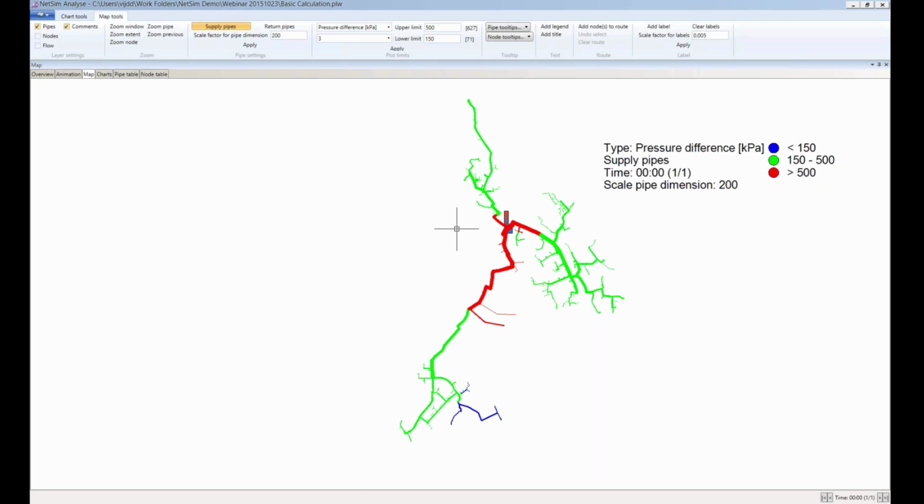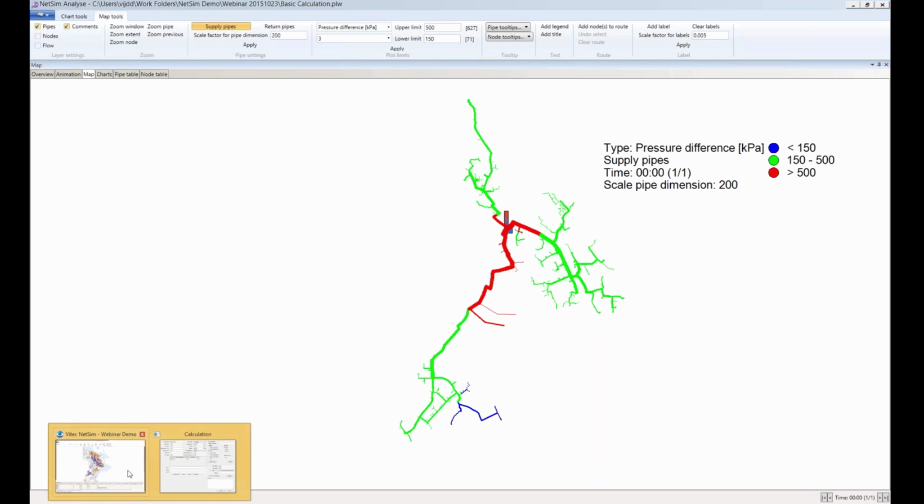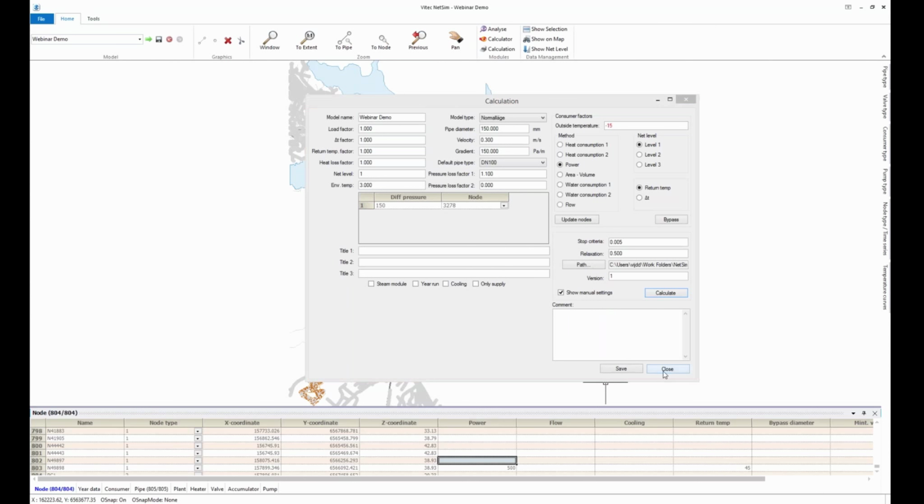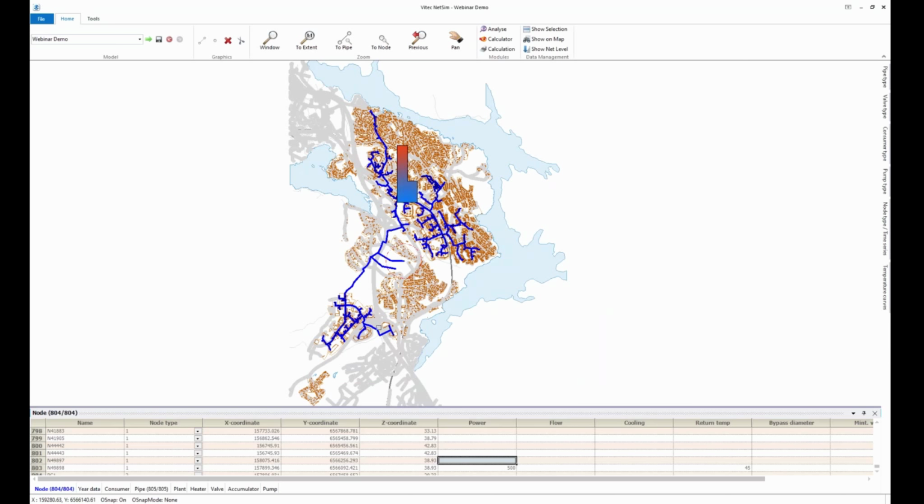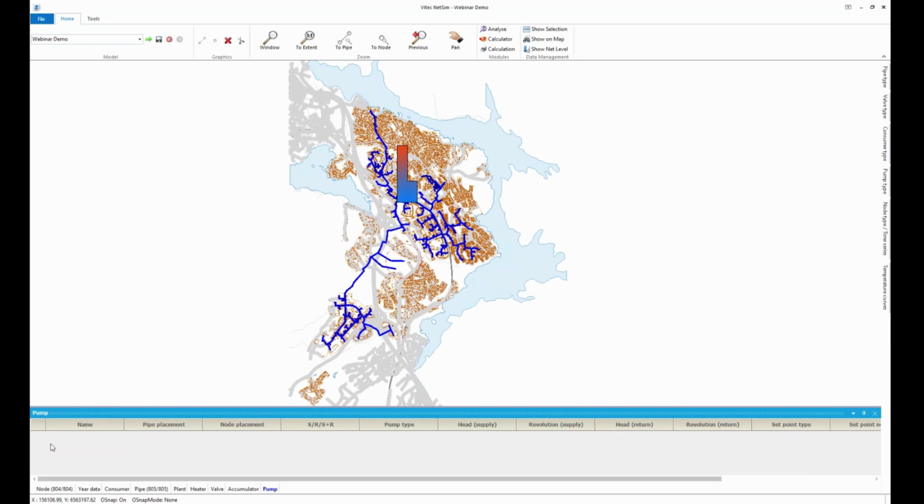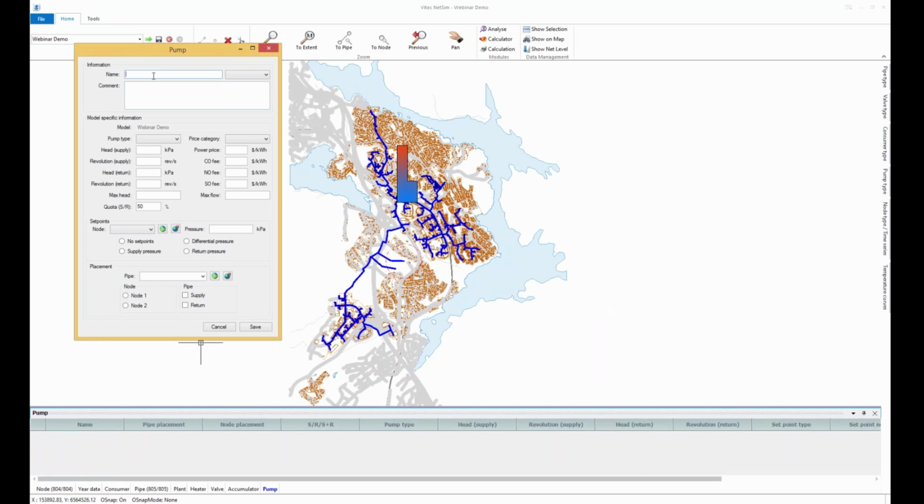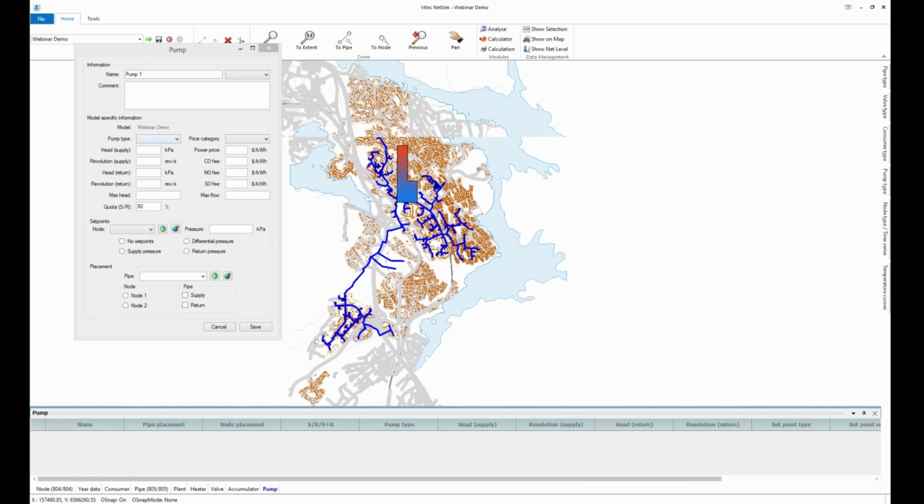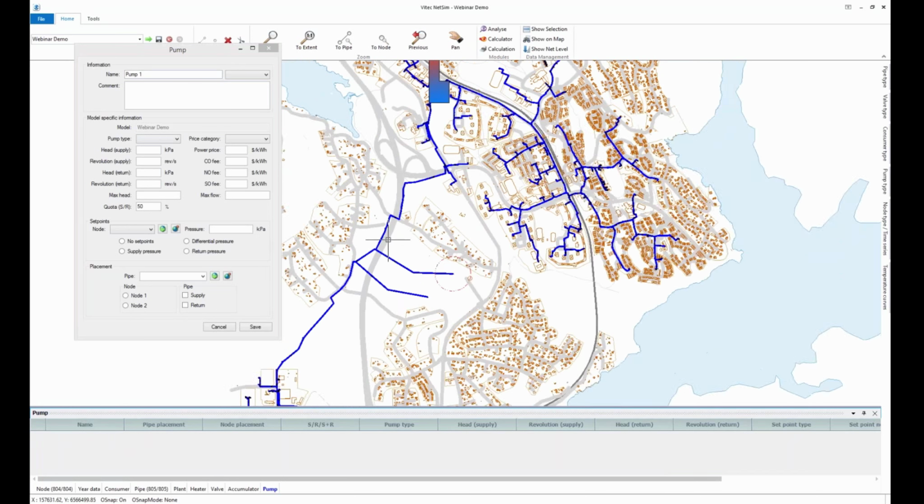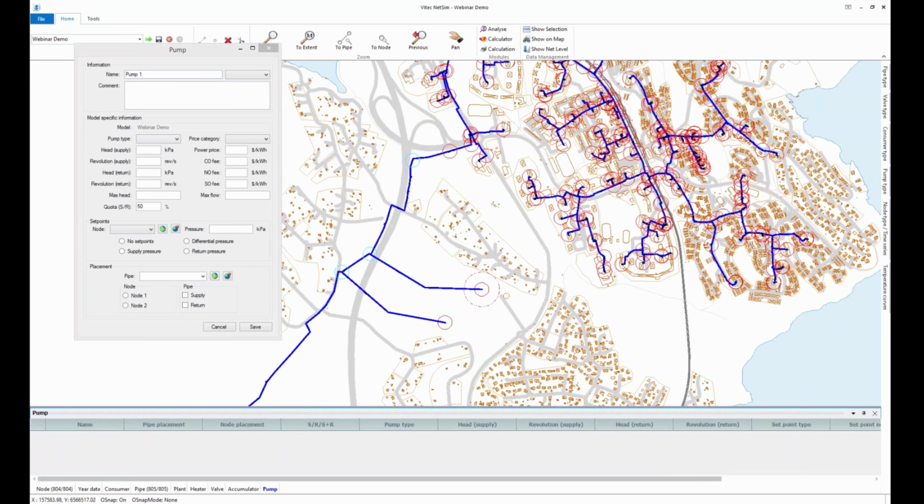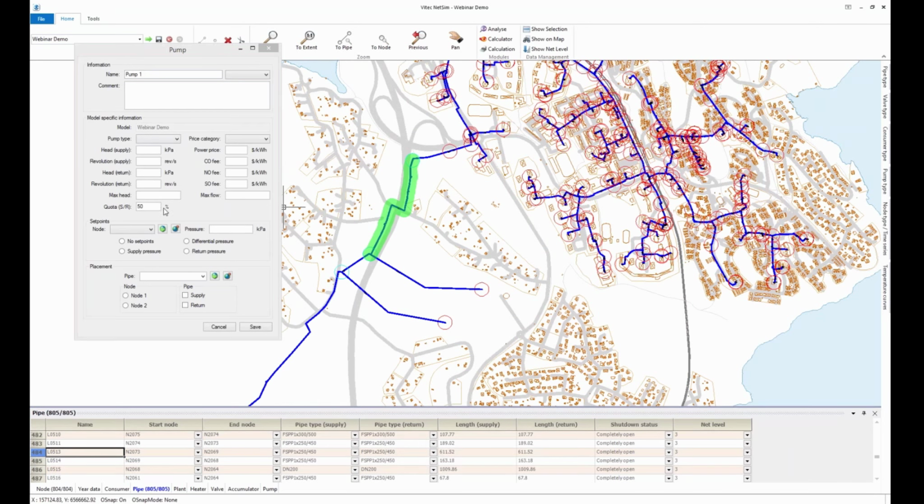And now we will see what we can do to make sure at least that we don't have too low pressure difference here. So we're going back to NetSim where we can change things, and we will try to add a pump to this. So you can add pumps to this system. I'll just give it a basic name, and then we can choose where we would like to have it. So we want it in this pipe,